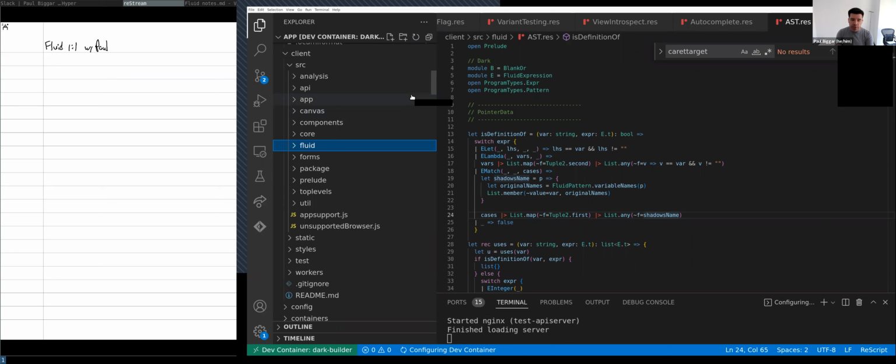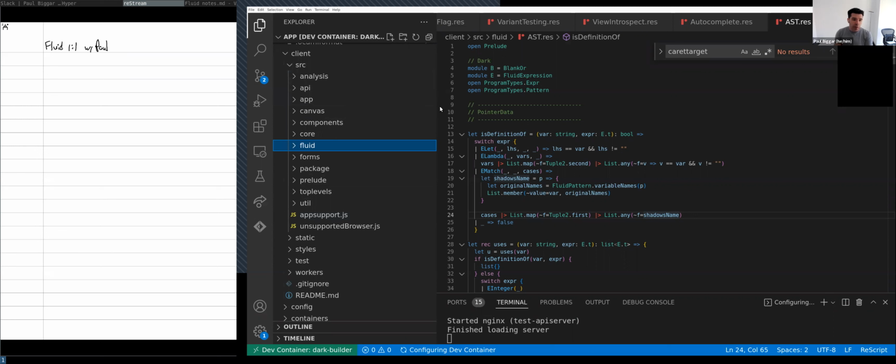Okay, so let me see. I think app support, as you know, app support.js is the things that are needed to load the client, and that's before the actual client application starts. I think it would make sense to actually move that into the client application and rewrite it in Rescript. But that's not where we are now. Then if we look in source,